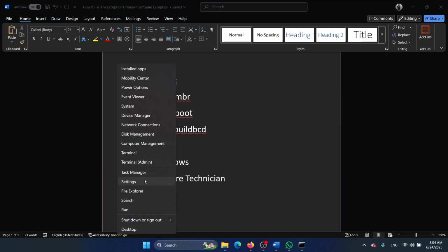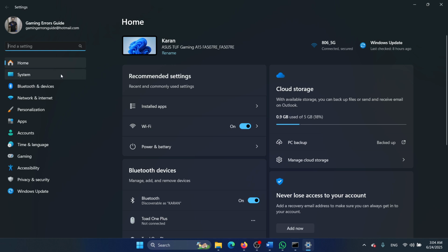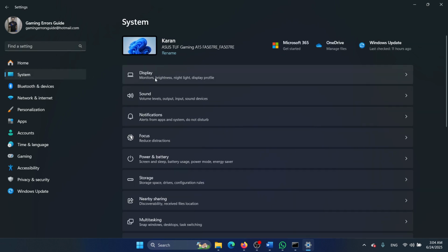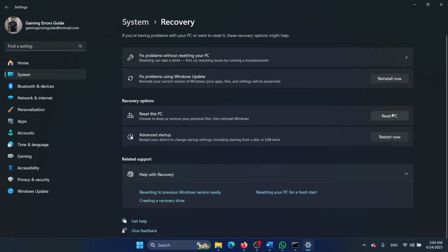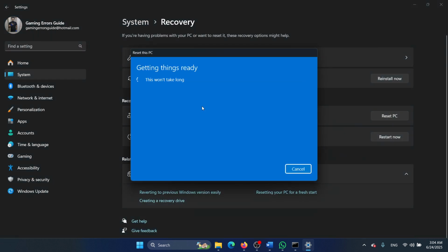Right click on the start button and select settings from the menu. Go to the system tab on the list on the left hand side. In the right pane, scroll down and select recovery, select reset PC, remove everything, and then finally select the option